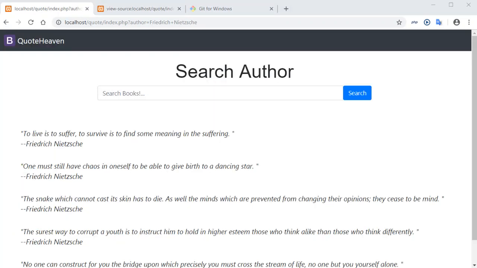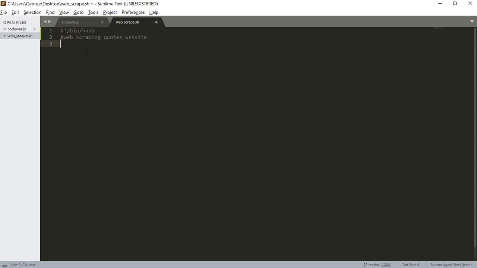So let's get started with the script. The first thing I want to check is for the existence of a parameter being passed into my script, because I want to be able to pass the name of the author into my script. So I'm going to say, if number of parameters not equals 1, then